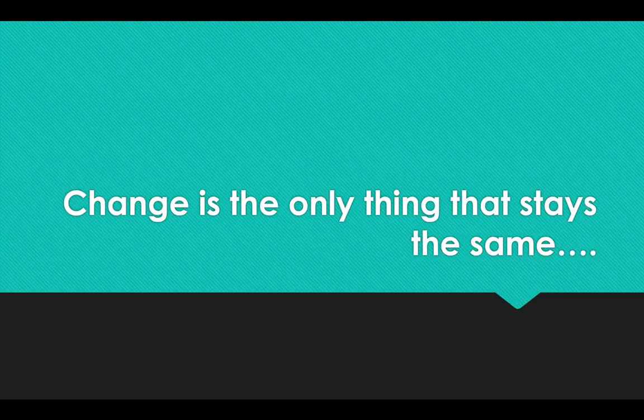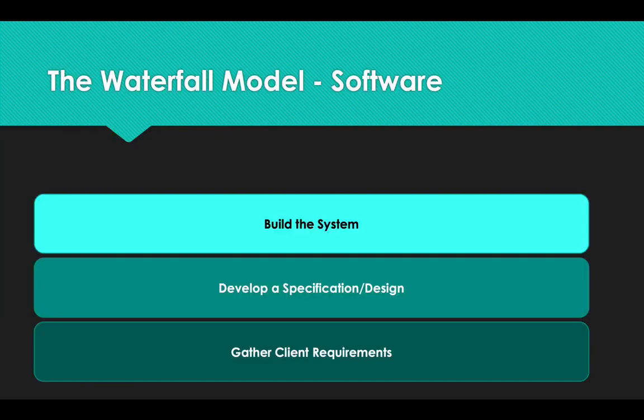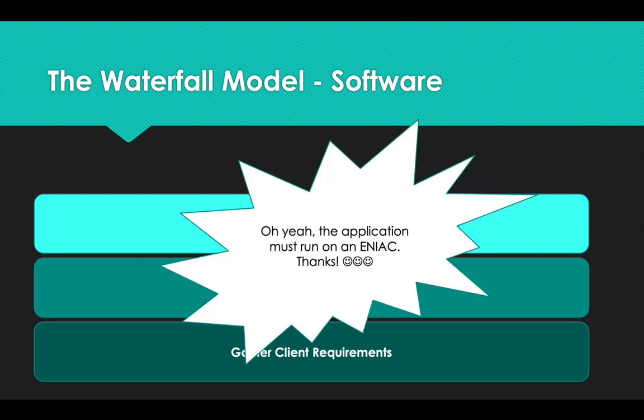The problem is that in software engineering, or in software in general, change is the only thing that you can 100% guarantee will happen during the project. So what's very likely to happen is you're likely to get to the build-the-system phase. You have gathered all the requirements, you have developed the design and the specifications, maybe those things have already been signed off on, the client's happy, you're happy, and then suddenly somebody at the client